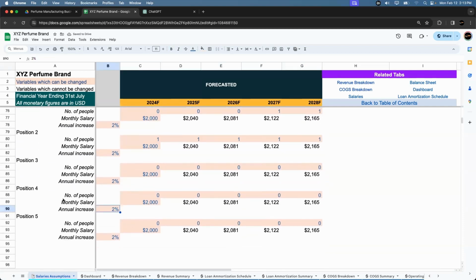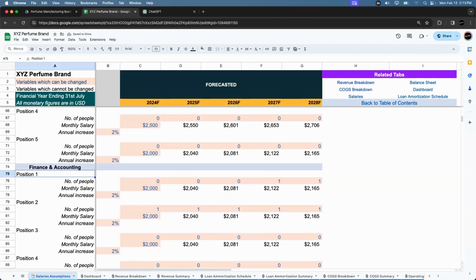For finance, for bookkeeping, let's say you hire someone from Upwork and you pay them like 250 to do your accounts, let's say 1%. And let's say you don't increase their annual salaries. So this is how it works. Now let's look at the